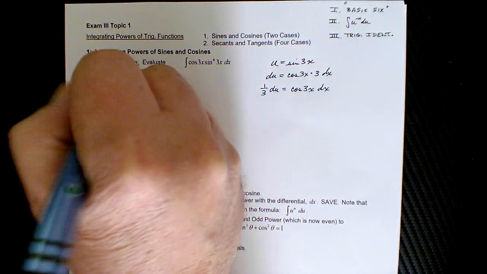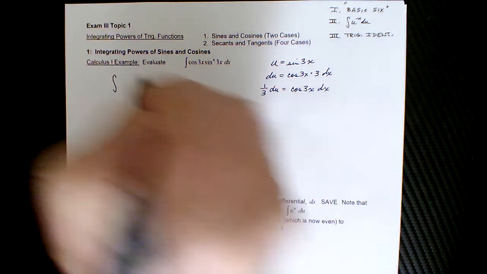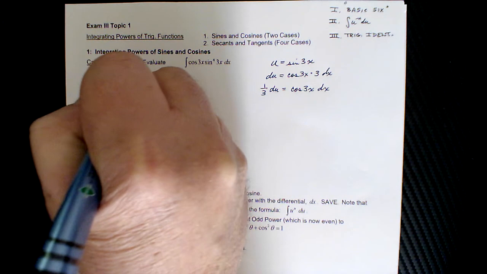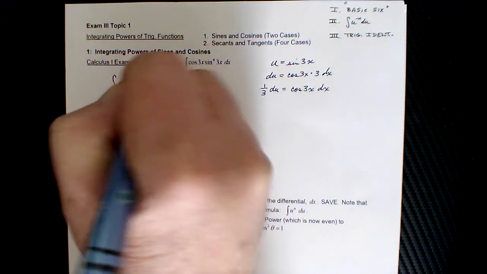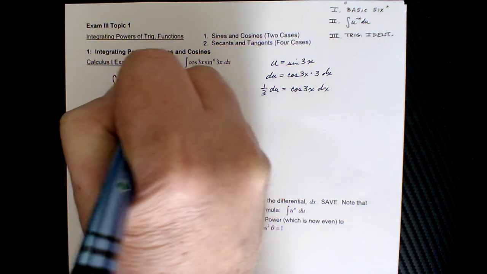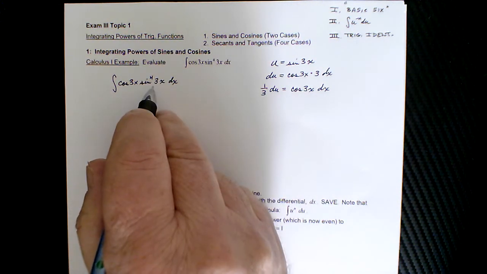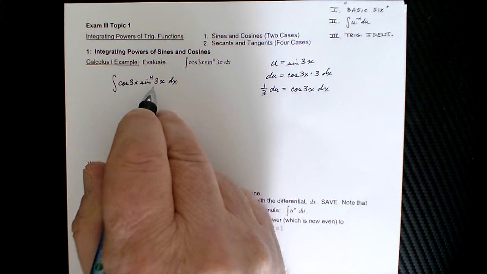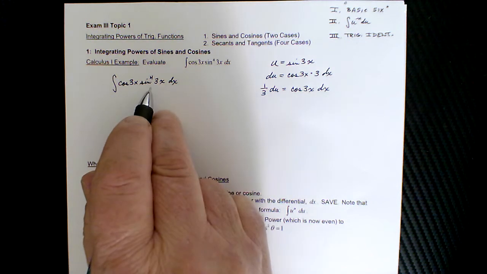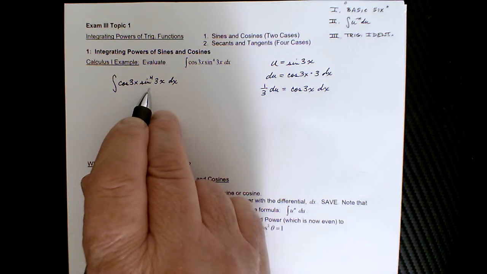Now, maybe let me rewrite this off to the side here. So I'll rewrite the original integral, cosine 3x sine to the fourth of 3x. And in an attempt to fit the form of u to the n, we had chosen our u to be the sine of 3x,